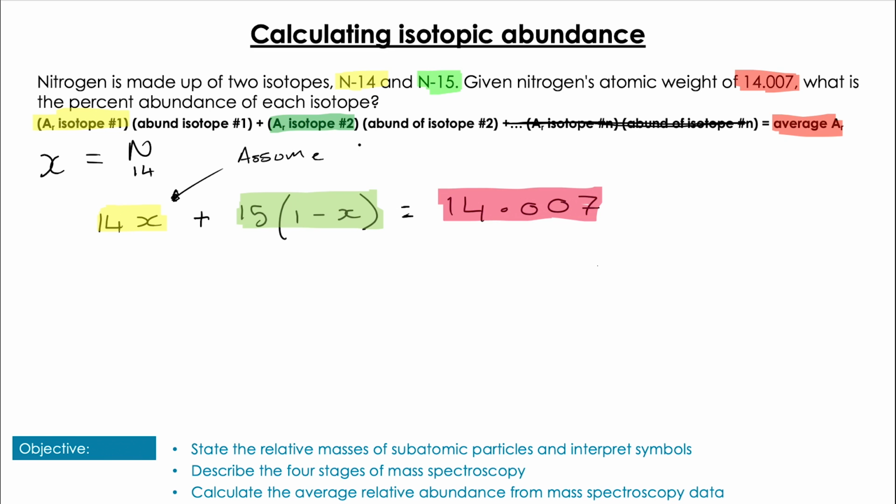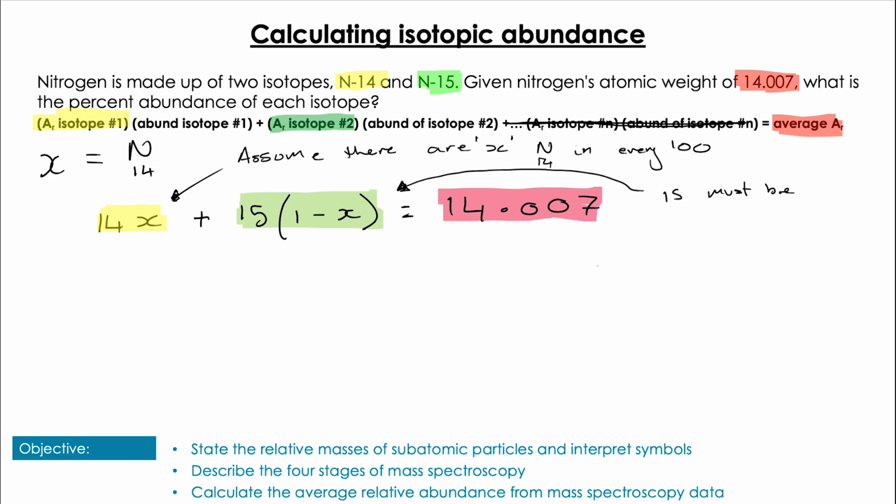So just to reiterate that, 14X, where X is the abundance of nitrogen 14, is going to leave us with plus 15 multiplied by 1 minus X, because there's only 2 isotopes. The total of both isotopes together must equal 1, so it would be 1 minus X. Now all we have to do is solve this equation for X, so we have to expand the brackets out of the second part of the equation, and then solve to give us X, which in this case is